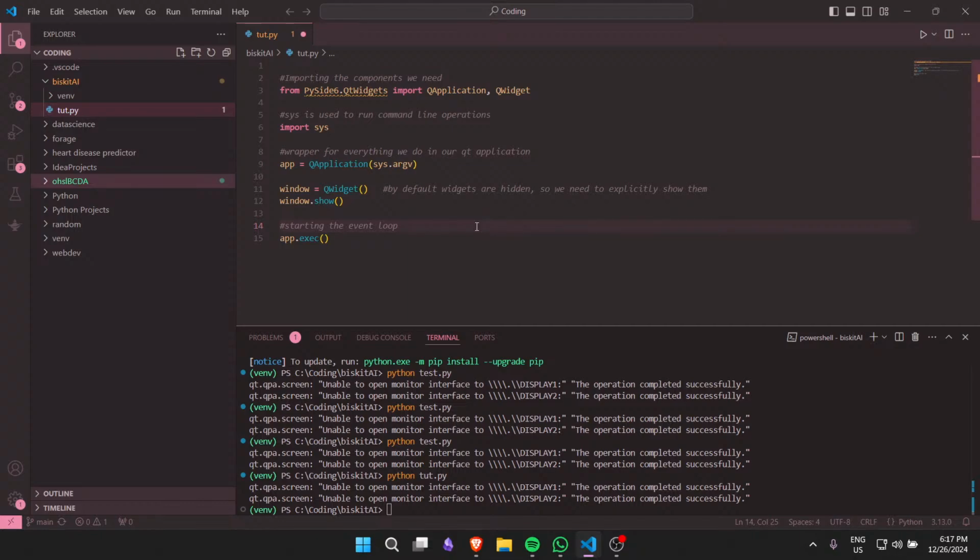We are creating a window, and this is a different kind of window that can have menus, toolbars, and things like this. And we will have a chance to learn about this later. You're going to see how it looks in a minute. Another special thing about this kind of widget or window is that we can give it a central widget, and that's what we want to do here to be able to use buttons. So we have the window here. We are going to give it a title using the setWindowTitle method, and after that,